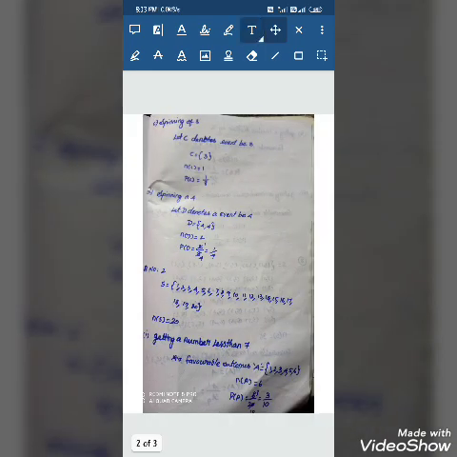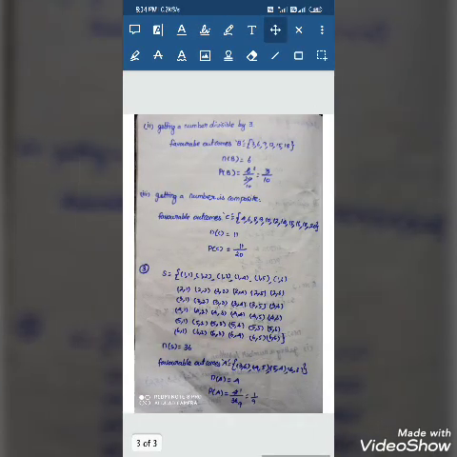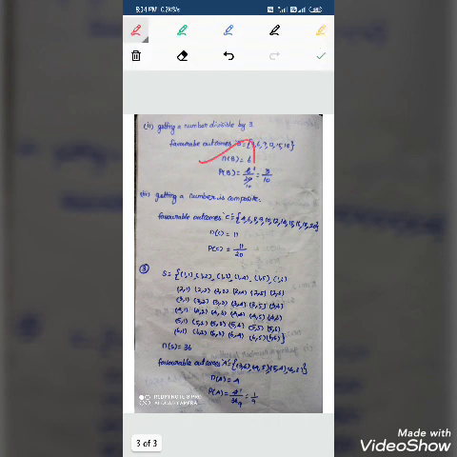Once you correct a page, you see the yellow color and below that a green color tick. You have to click it for every page. After that only, you move on to the next page. Otherwise it makes annotation on all the papers. So every time you click that green, take another page, click that pen again and start correction.